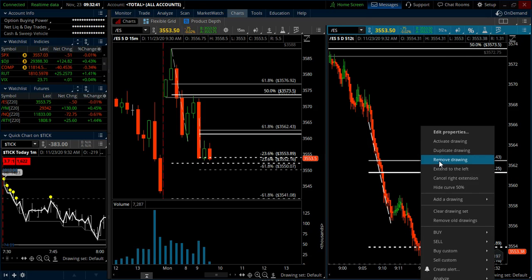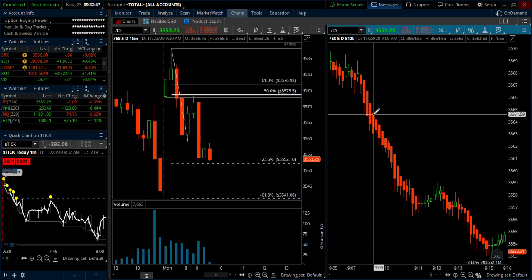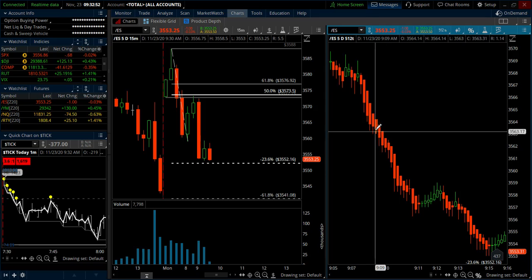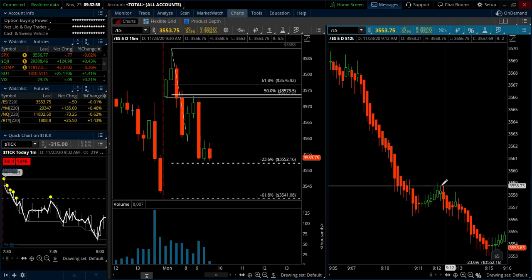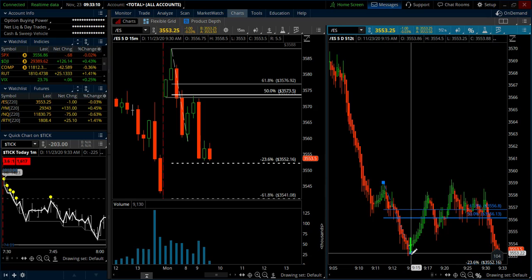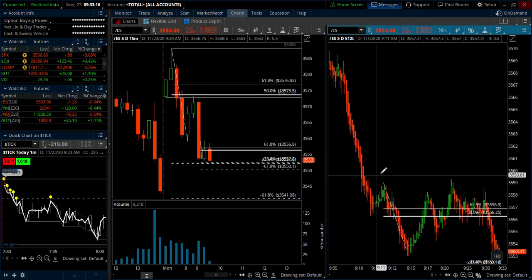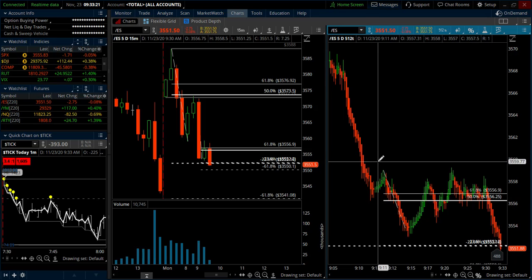So what I chose to do, as we started falling pretty hard and fast here, I just came in and as best I could, I trailed my stop above each candle. They move pretty quick, so it ends up being a couple of candles, and I'm just dragging my stop down, and I ended up getting taken out here at 58s. Even if you let it bounce a little bit and trailed the swing highs, or came in and drew up the next retracement, you're not that far off. It would have been a 57. So I'm okay with taking a little bit less sooner if it means I can lock in a gain and protect